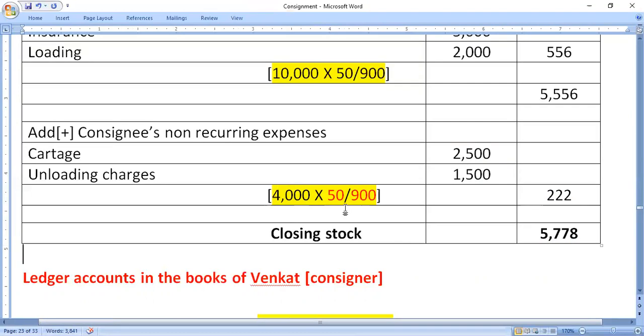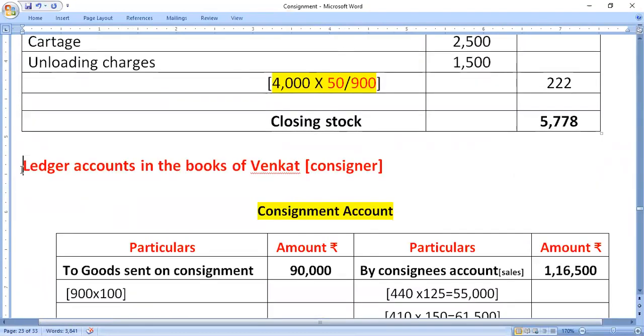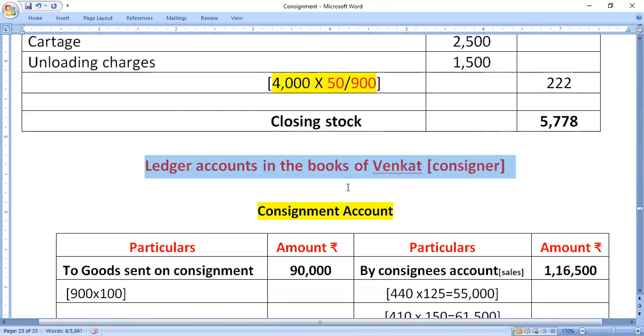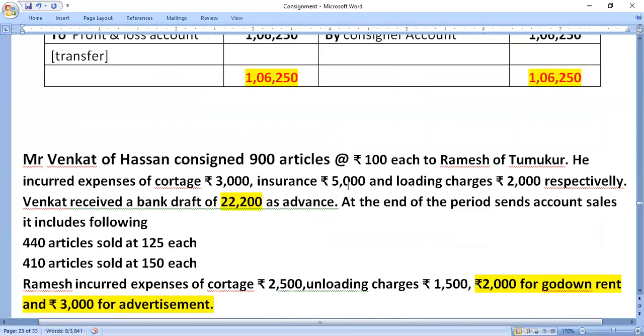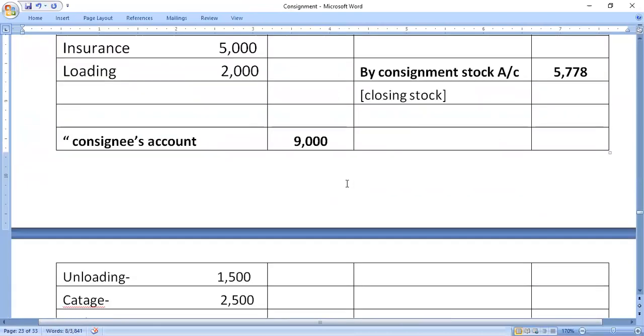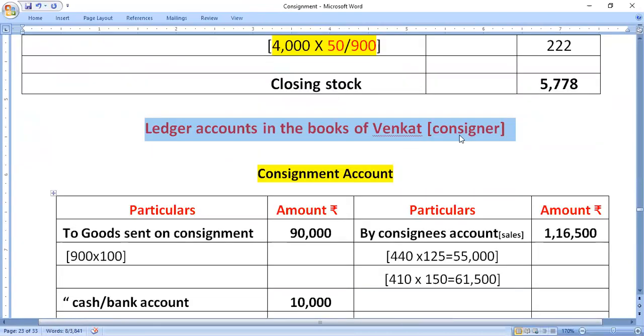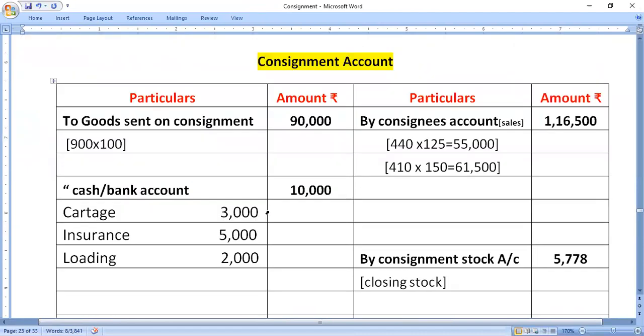5,778, my dears. Then ledger accounts in the books of consignor, that is Venkat, my dears. Consignment account, particulars, sum of rupees. To goods sent on consignment as usual, my dears: 900 total articles, face value 100, it leads to 90,000. Then cash or bank account,